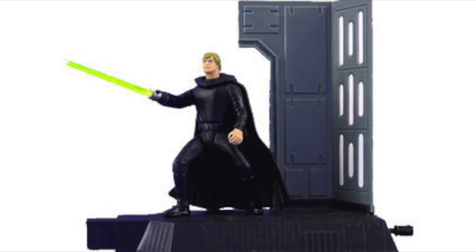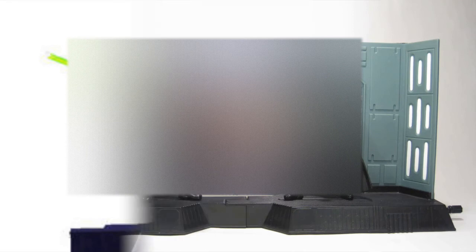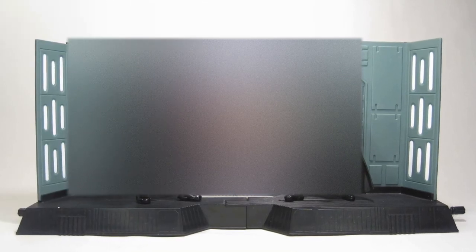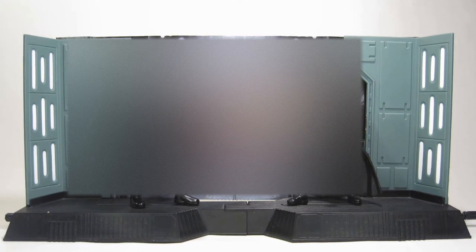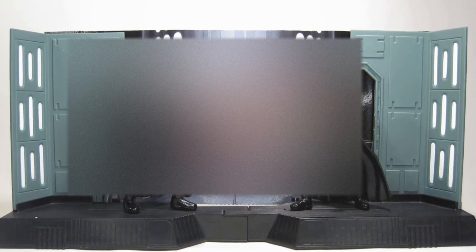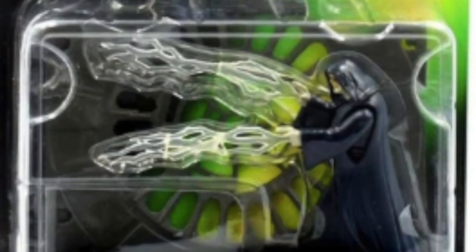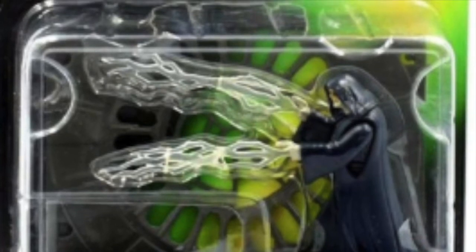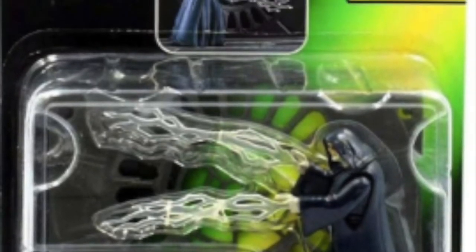So until then, we would have to make do with our caped Luke from the Power FX or our pre-posed version from the 3-pack. This Luke had an extended cardboard backdrop on his blister card reverse, so he could combine with Vader, the same Vader from the first one, and you would put his extended backdrop in there to make it Death Star 2. And speaking of the second Death Star, the ruler of said second Death Star, Emperor Palpatine himself,